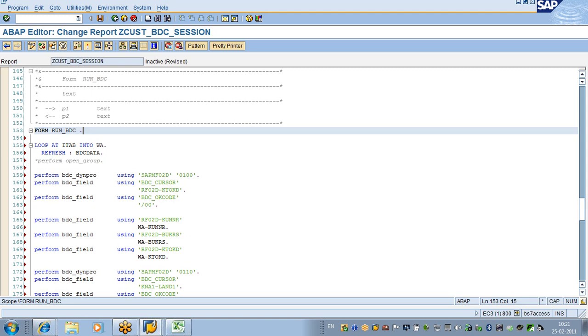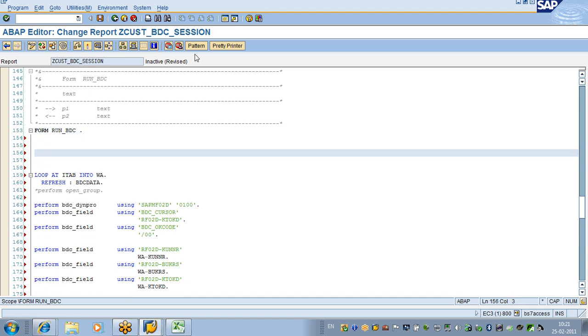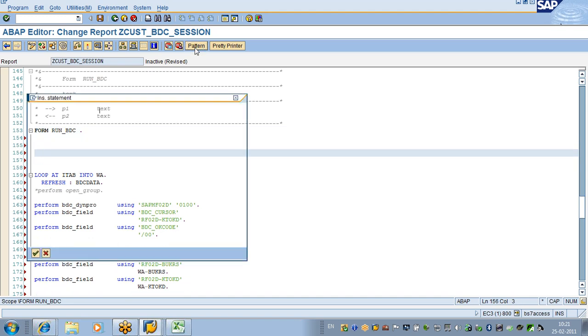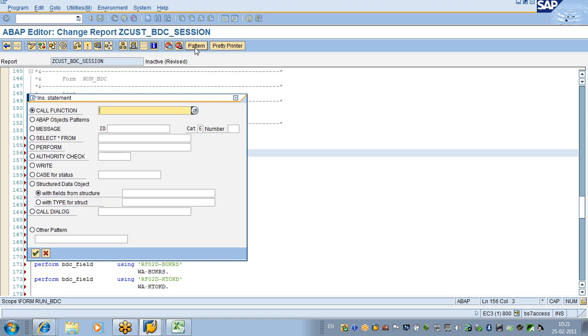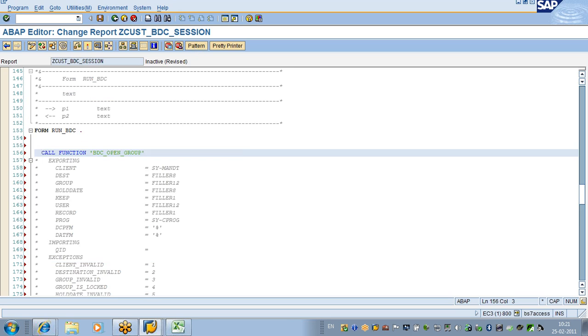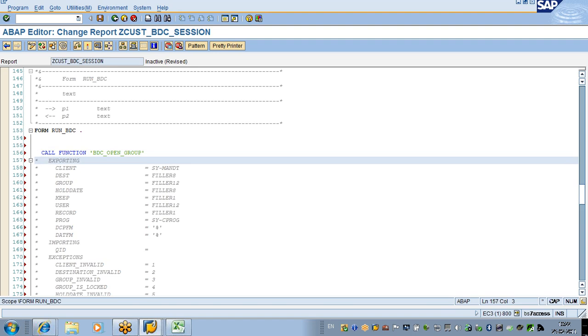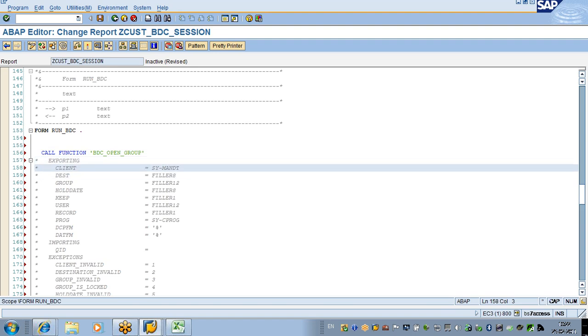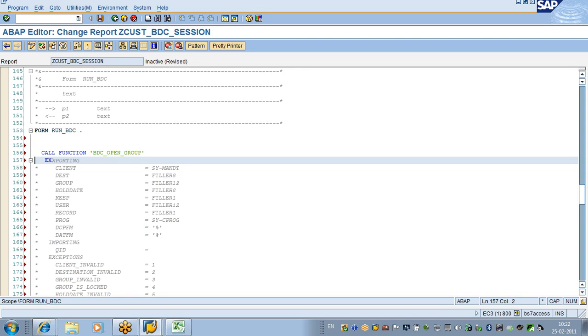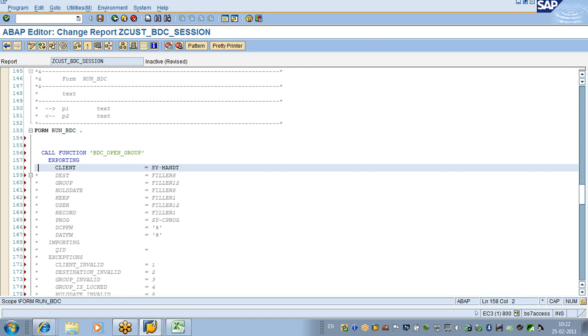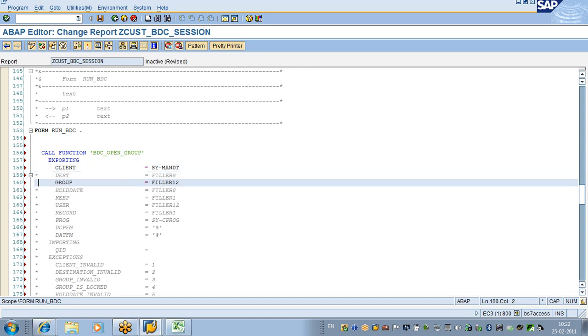Session method, what do you need to do? Before the loop, go to the pattern in call function module, BDC open group. Call this function module BDC open group. So for this, give the client, destination is not required, give the group,